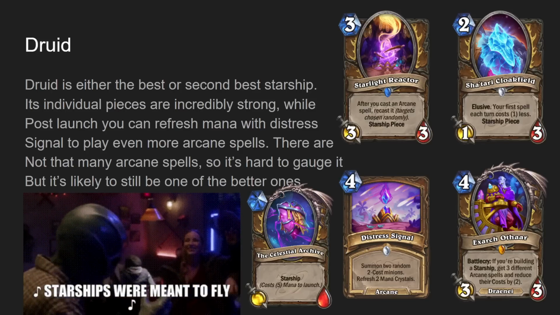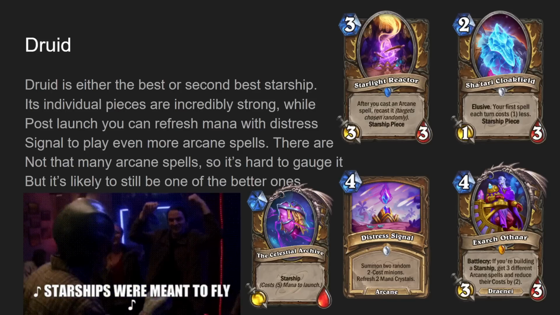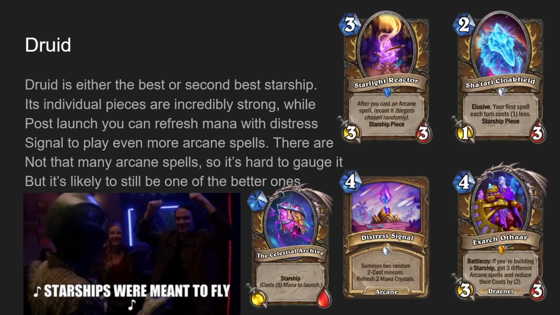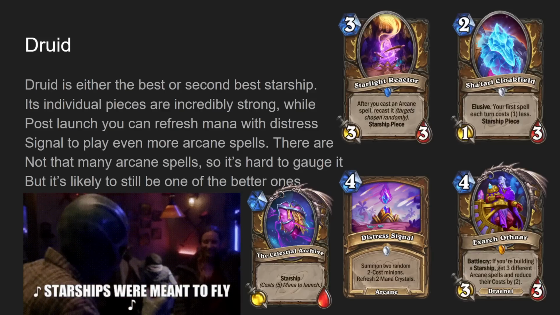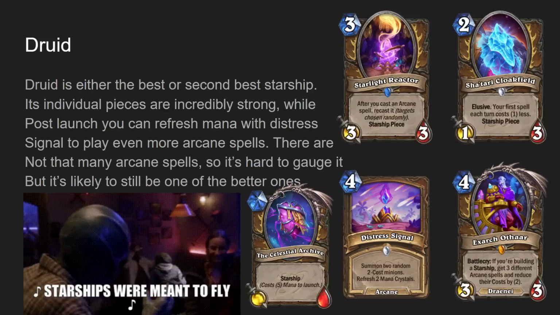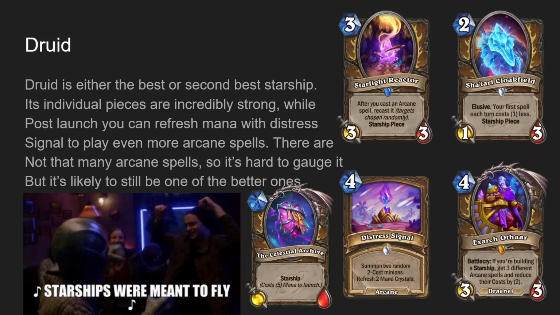Battlecry, if you're building a starship, get 3 different arcane spells and reduce their cost by 2. Of course, you're playing Othar if you're playing a Starship Druid. But random arcane spells seem relatively decent. I mean, Hunter still has, like, Celestial Shot. In Standard, there's